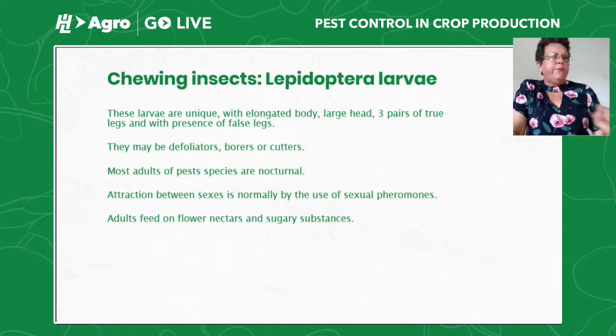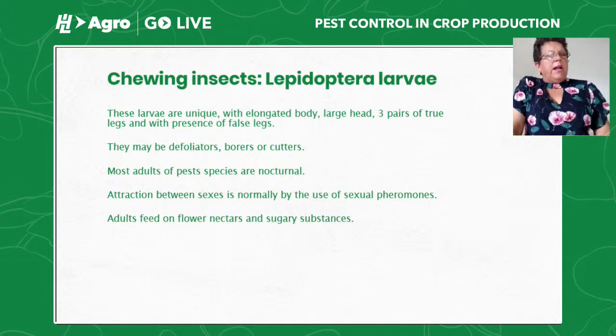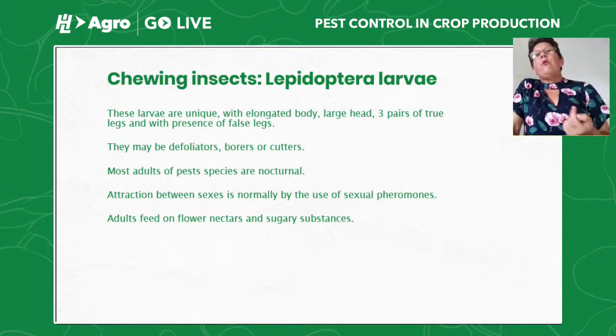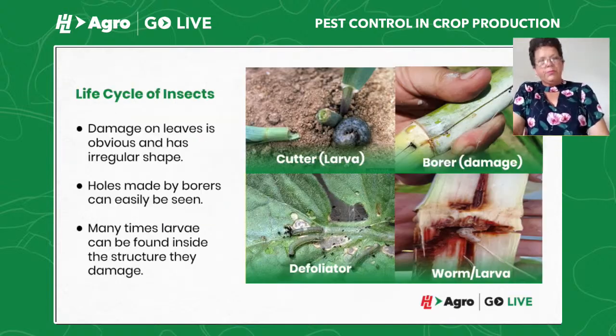That's the damage. Most adults of the pest species are nocturnal in habit. You don't see them during the day. They go out at night. Attraction between sexes is normally by the use of sexual pheromones. And that's why commercially, sexual pheromones may be a way of attacking this group. It's a good way of doing it because you don't damage anything else. It's specific for this species. Adults feed on flower nectars and sugary substances. I'm going to show some examples here of the different types of